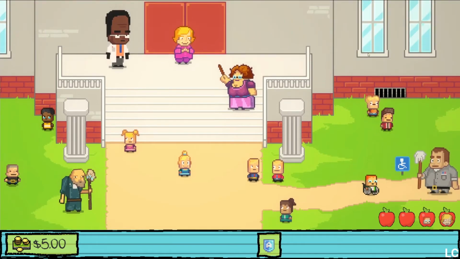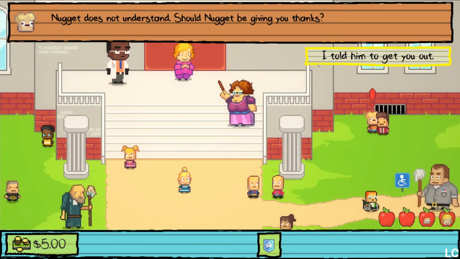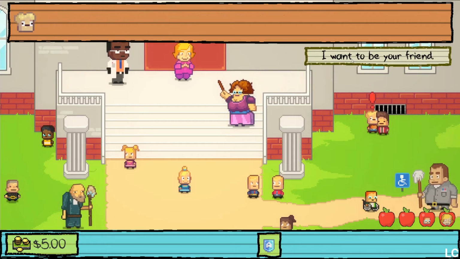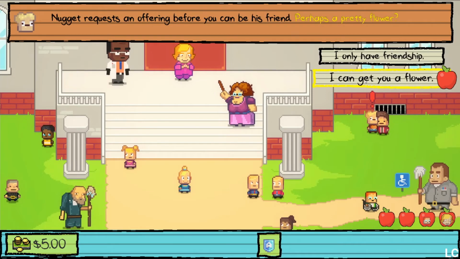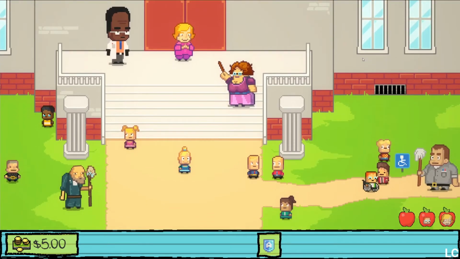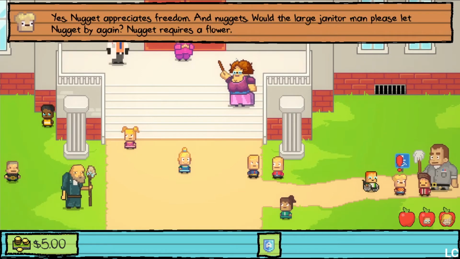Once you do that, you're going to want to go over to Nugget, and we're going to ask Nugget to be his friend. And this is the throwback to the first game where he says, I only have friendship. But this time we're actually going to ask for something. Then we're going to ask him to get him a flower, which automatically gives him an action. From there, you are going to go to Bob, and then Nugget is going to convince Bob